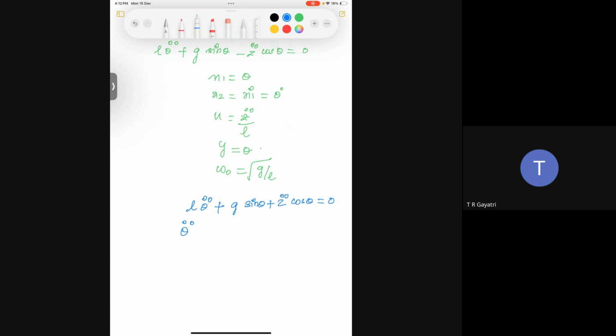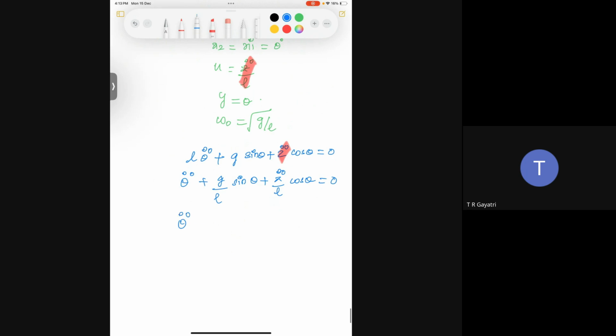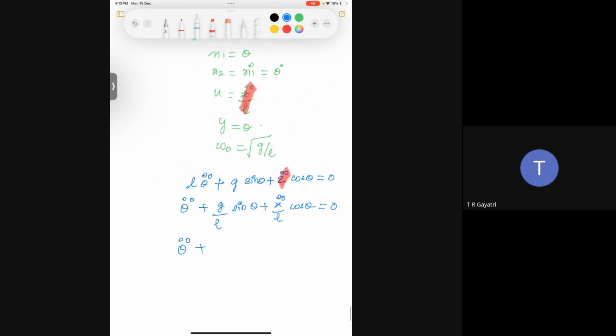I'm taking theta double dot as it is and multiplying everything by L, because I don't want any coefficient for theta double dot. That will also make my life easy because z double dot by L was given, so I can use a shorthand notation. Theta double dot plus g by L,